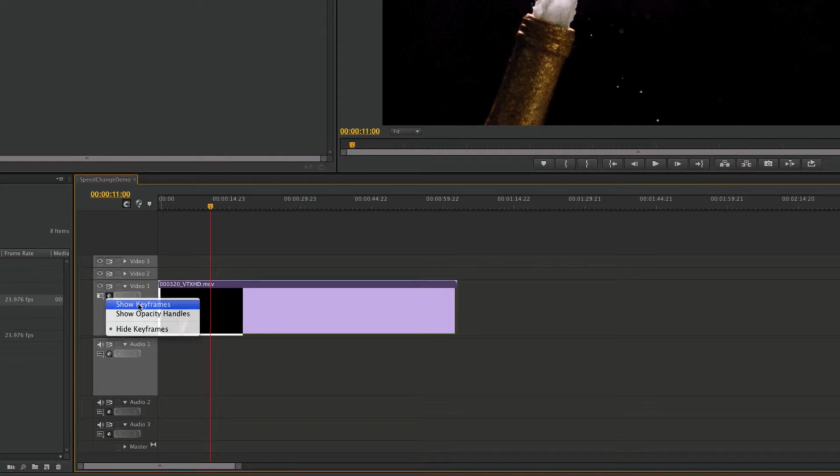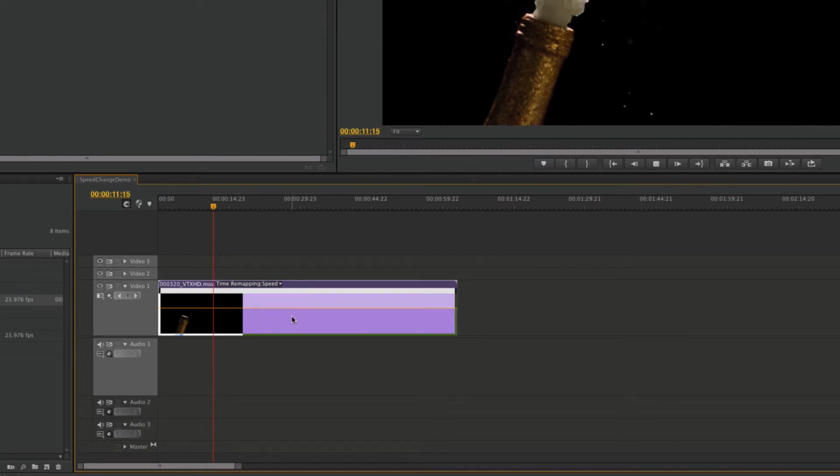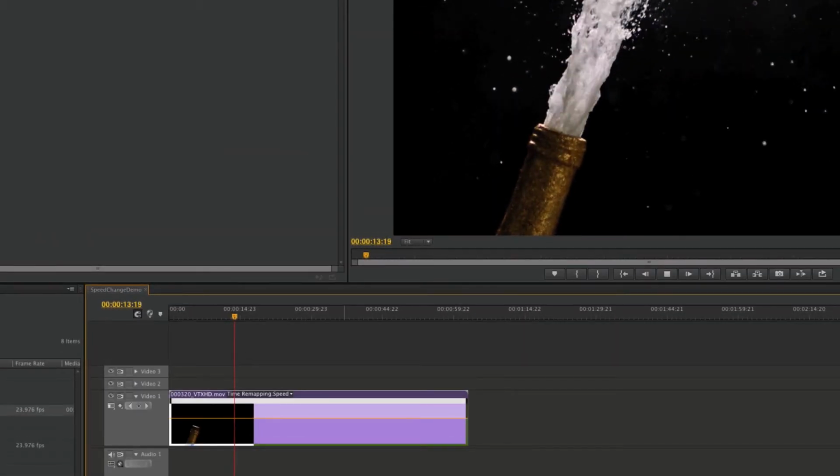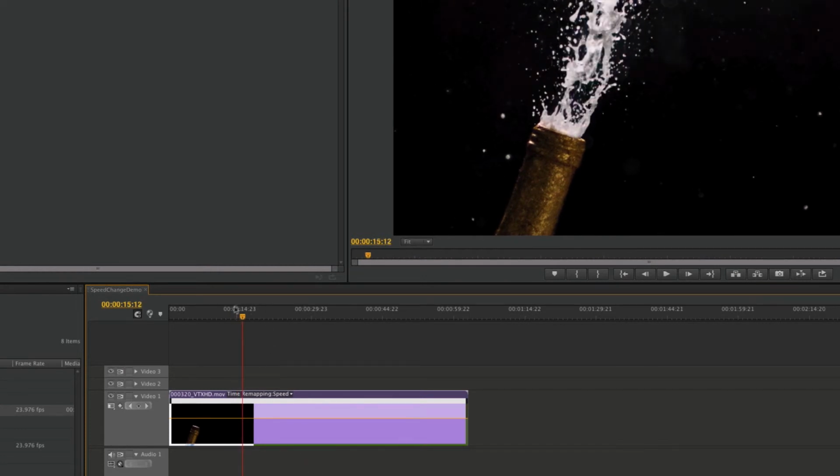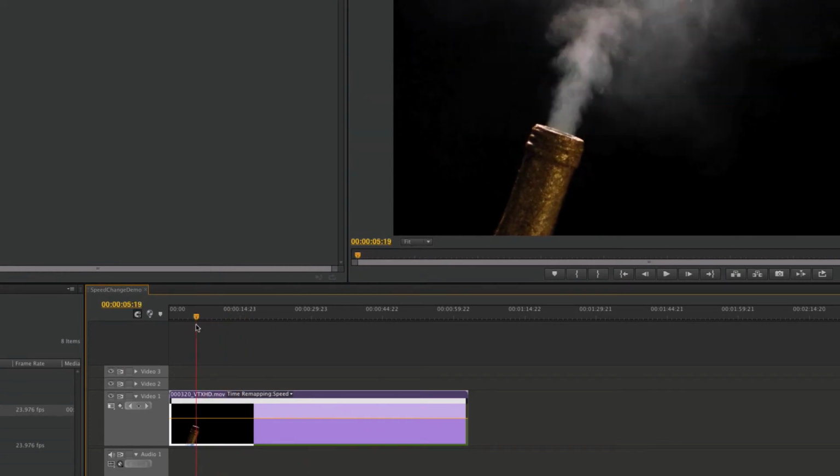So if I just go to show keyframes, you'll notice this little rubber band showed up, but it says opacity. And I don't want to keyframe my opacity, I want to keyframe my time remapping. So if I click right here, I'll just click on time remapping and select speed. So now this line represents my speed change of time remapping, and basically it works from top to bottom, and this middle grade line here means 100% speed. So if I select it, you'll notice it's playing at its 100% speed, which was actually slow motion to begin